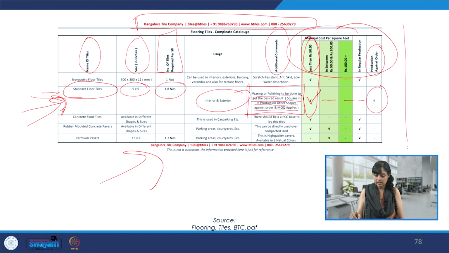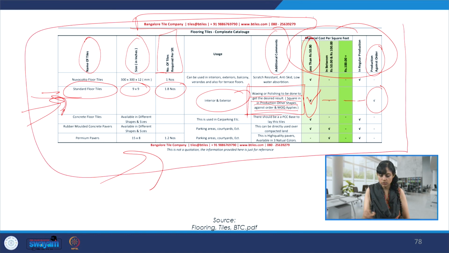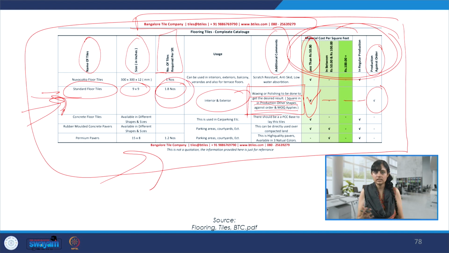So again, for one assignment or project, this kind of scheduler or inventory is made. And this really helps with execution on site, procuring material, and also doing some kind of cost estimate. Also the BOQ, how much quantity of tiles would be required. So these kinds of inventories are always important on site.